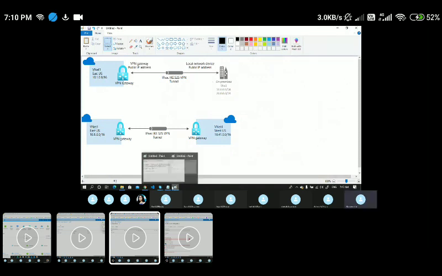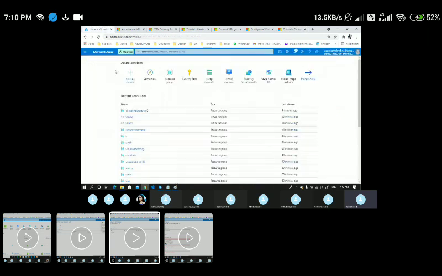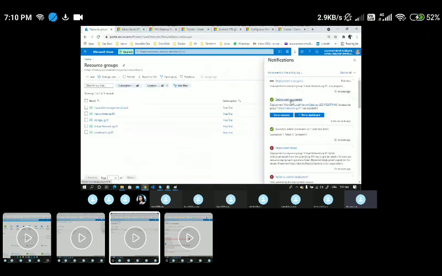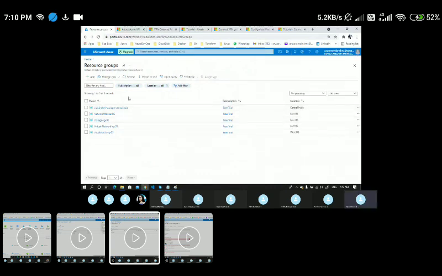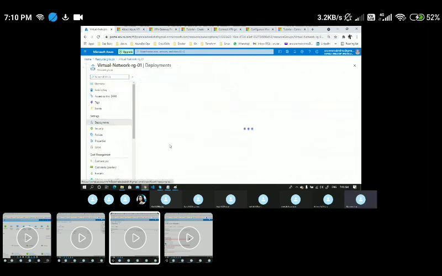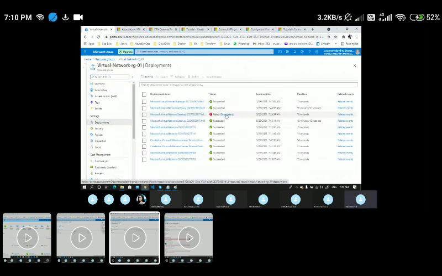Let me come back to my portal and quickly validate these configurations. If you see here, these VPN gateways are still in progress. If I go to this VPN gateway, let me check the deployments. I think both have succeeded. Good.